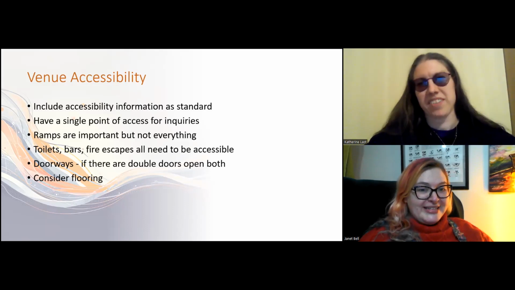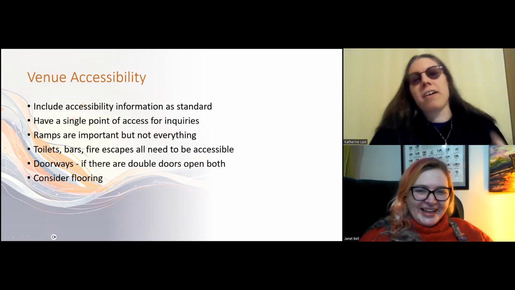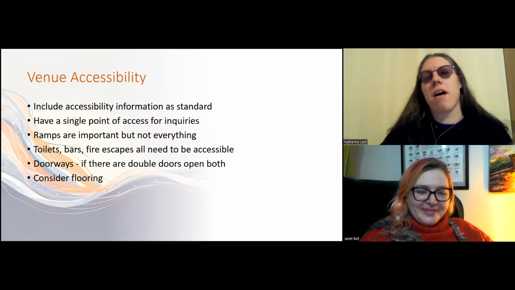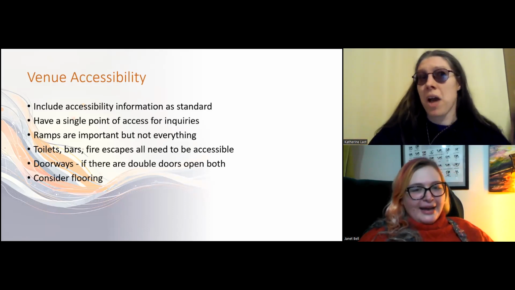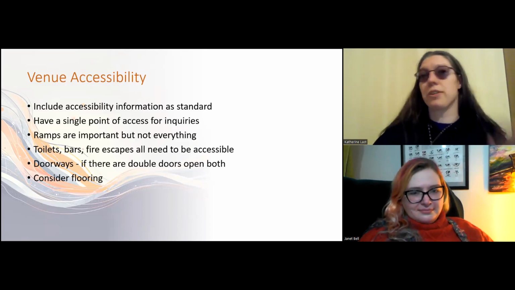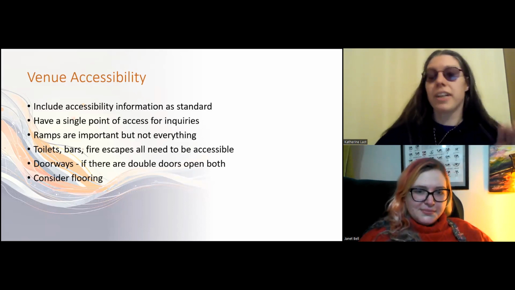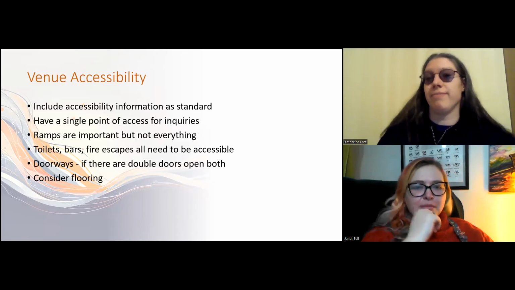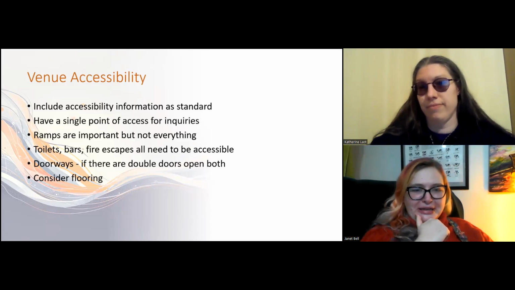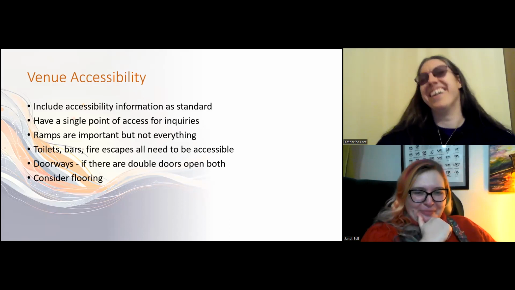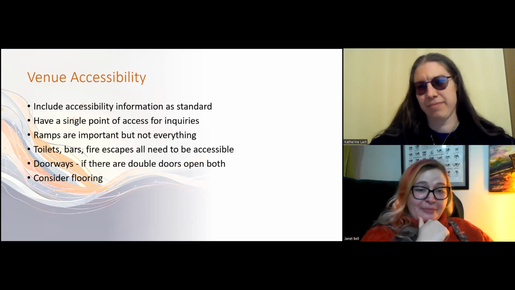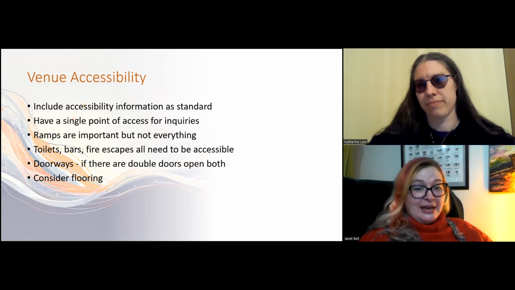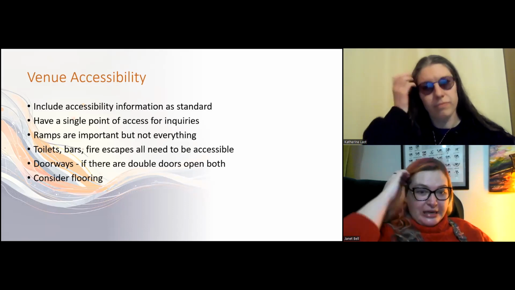Kat is shaking her head. For me, part of my disability, I'm quite upfront about this, I have bladder and bowel issues, so needing to access the loo is absolutely essential. If a venue does not have an accessible toilet, I'm not going. Yeah, I was being a bit tongue-in-cheek. Usually if you can get into a building, that means 1 exit, 1 fire escape is available, but always good to make sure.